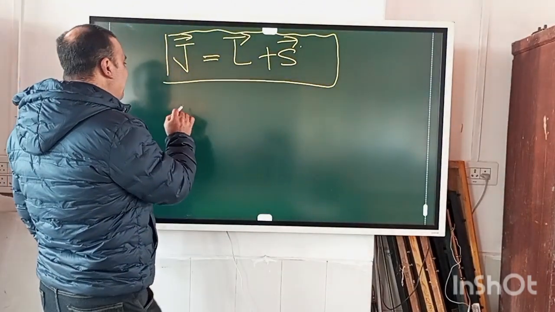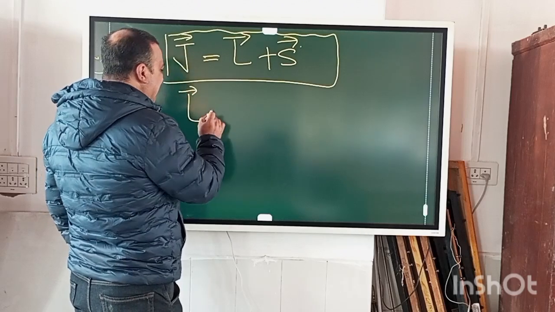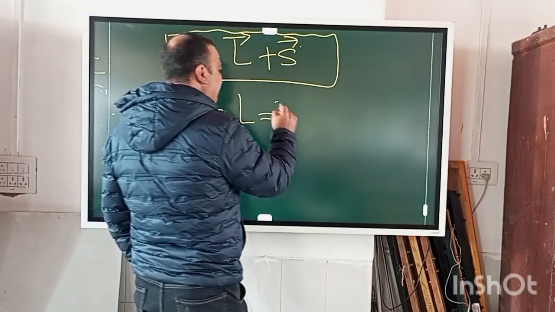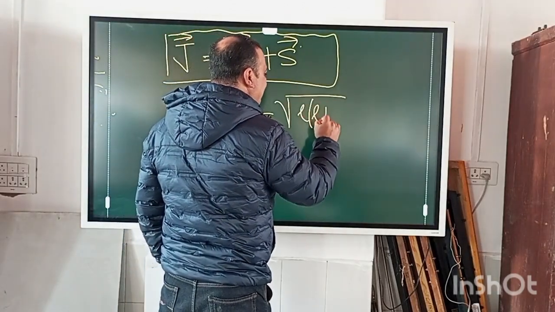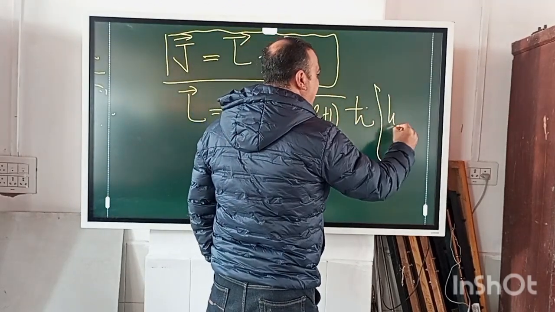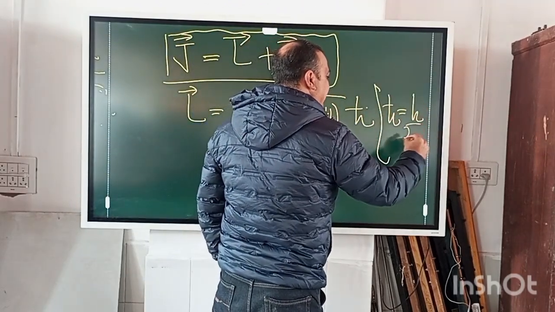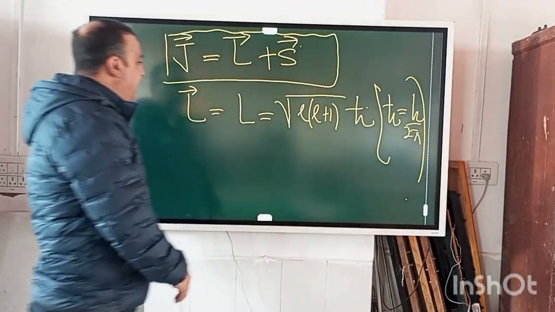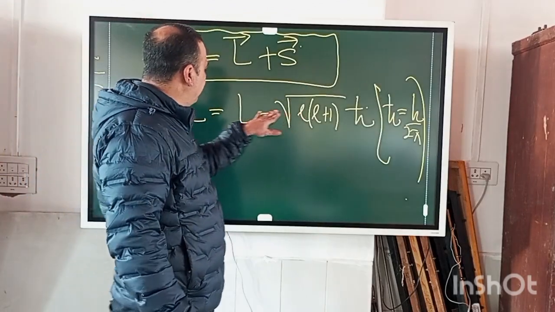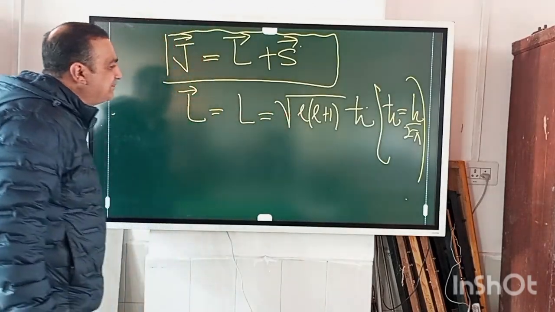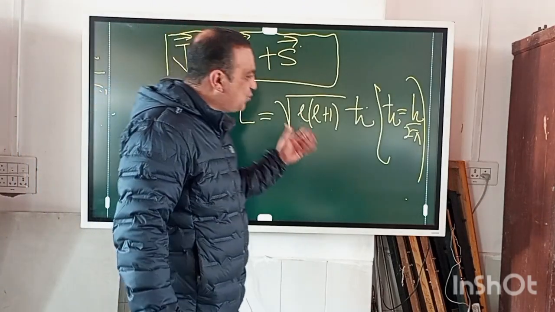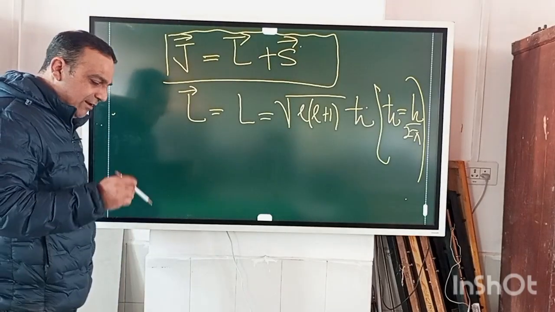Now, if I talk about L, if I write down its magnitude as L, this L is already calculated as under root of l times l plus 1 times h bar, where this h bar is the reduced Planck's constant, which is given by h by 2 pi. So we have the magnitude of orbital angular momentum of the electron in this one electron atom, and this L is the orbital angular momentum, and the small l is the orbital